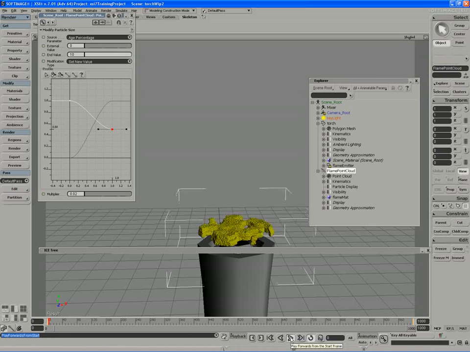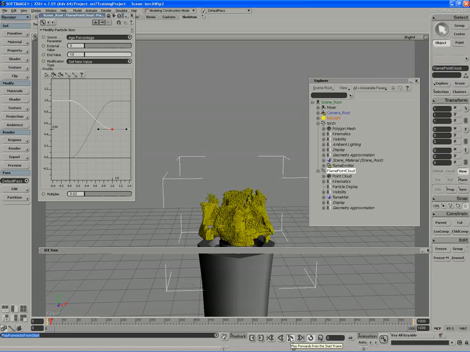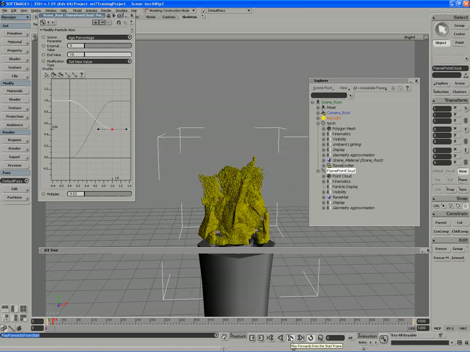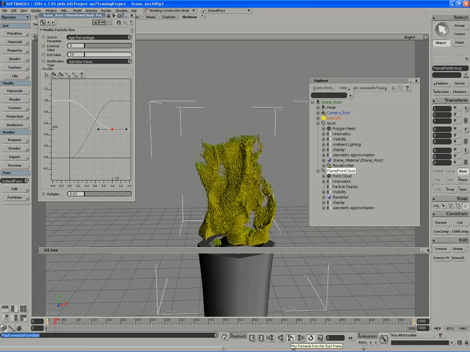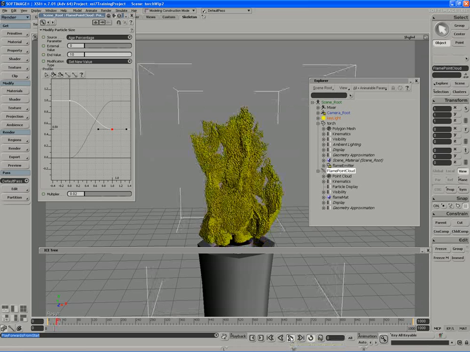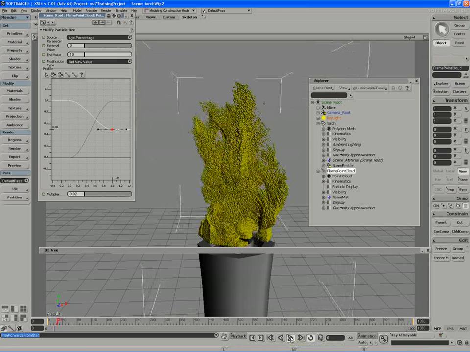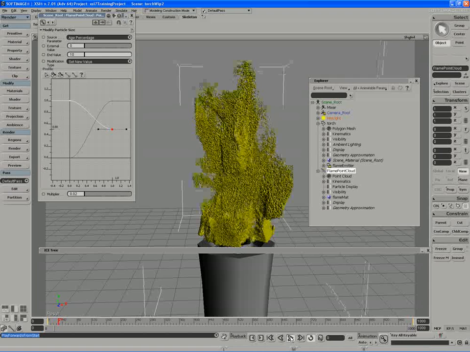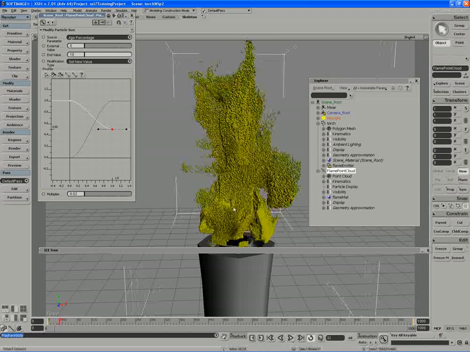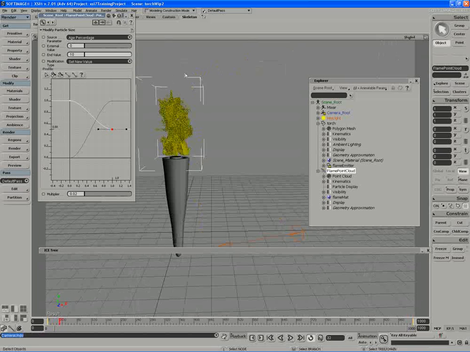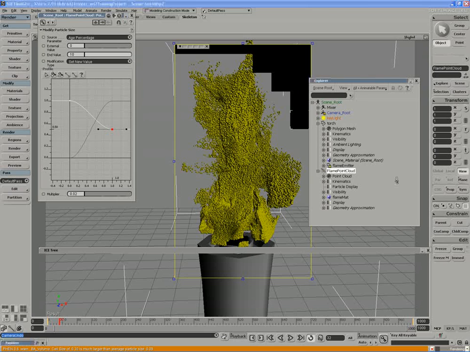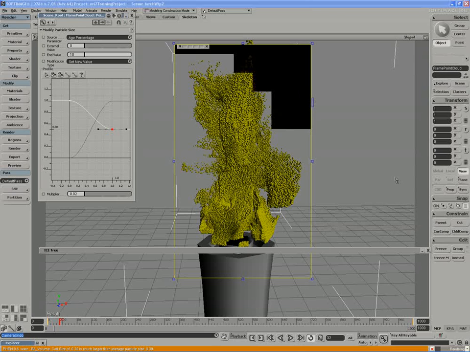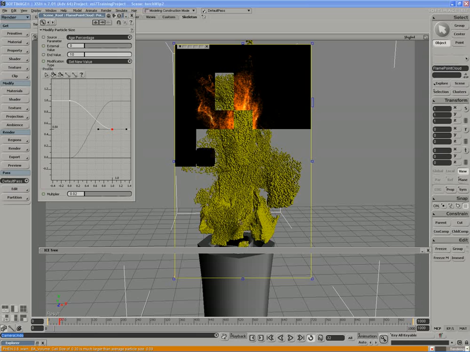If I press play, again, it's going to play very slowly just because of the nature of how I'm recording. I'm going to let the particles emit all the way up to about frame 32 or so. And let's just give it a few more frames. And we'll stop the render, or stop the progression of frames. Undo that. Draw a render region. Minimize. And the result should be a thicker base for our flames without losing any of the detail